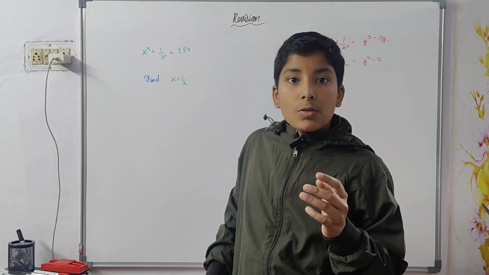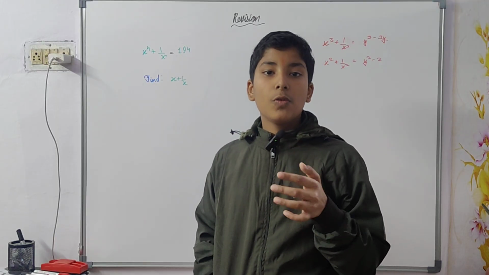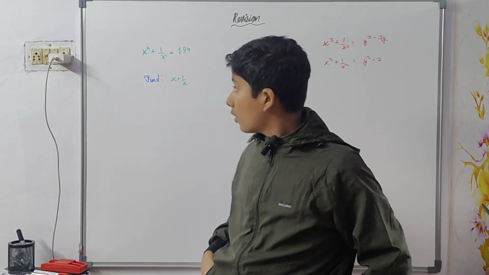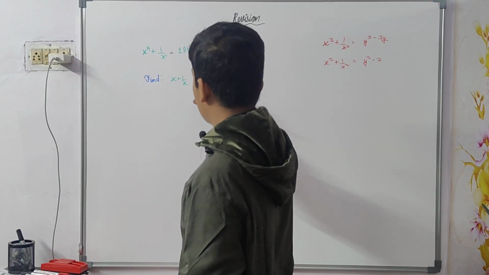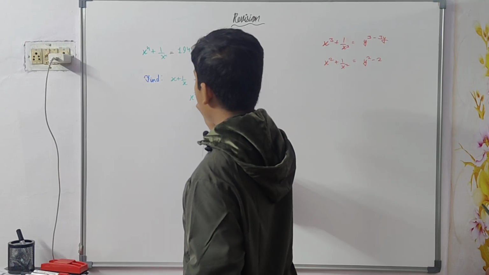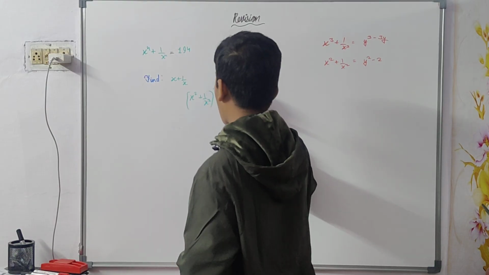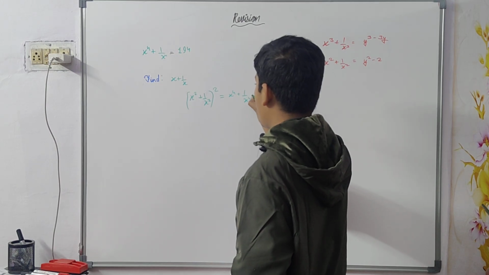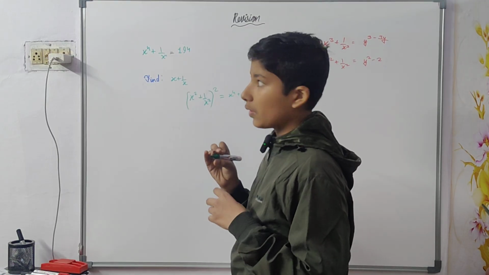Now to convert it into x plus 1 by x, what will you do? You will see the nearest square near 14, which is 16, and 16 you all know is the square of 4. So x plus 1 by x will be 4, but I have to solve it for you all, which is x square plus 1 by x square whole square equals x^4 plus 1 by x^4 plus 2. Okay, you might have understood, I just wrote the formula.